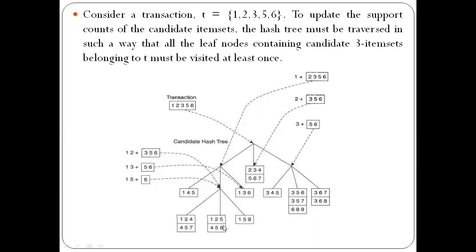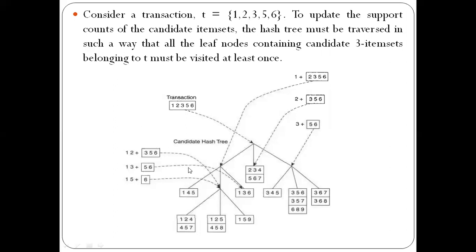And then 1 5 is present here in the middle subtree, because 2 and 5 give the same remainder whenever we divide that number by 3. So here we need to traverse. In the same way, if you consider the prefix as 2, then we need to traverse the middle subtree. And if the prefix is 3, then we need to traverse here. So appropriate hashing of the item sets of the transaction will be done.